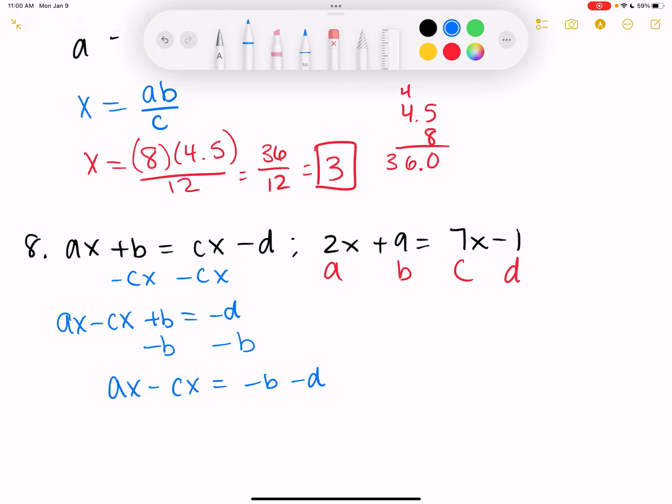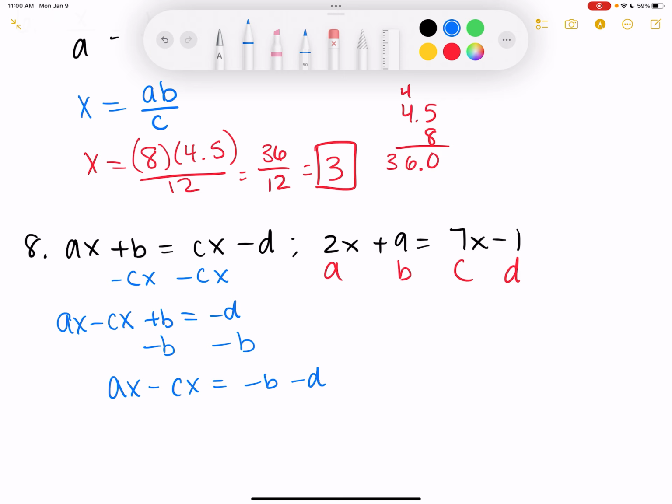So now, I can't technically combine these because I don't really know what they are. I don't know what a and c actually are equal to number-wise. I mean, okay, I do, obviously, from up here, but I don't know in that problem. If I didn't know this information, I have no idea what they're equal to. But I want x by itself. So what I can do, since both of these have an x in them, I can take one out. So it's like reverse